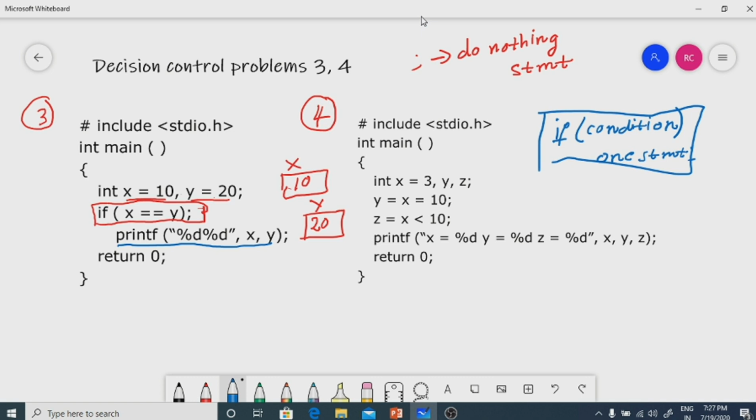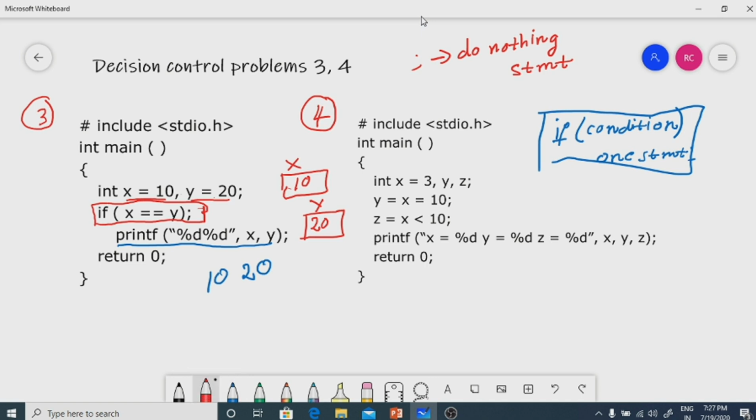Semicolon means do nothing. If the condition is true, execute the semicolon, meaning do nothing. If the condition is false, do not execute the semicolon. So executing or not executing the semicolon doesn't make any difference. So the printf of x and y will be executed. What will be the output in this case? 10 and 20 will be printed as the output.